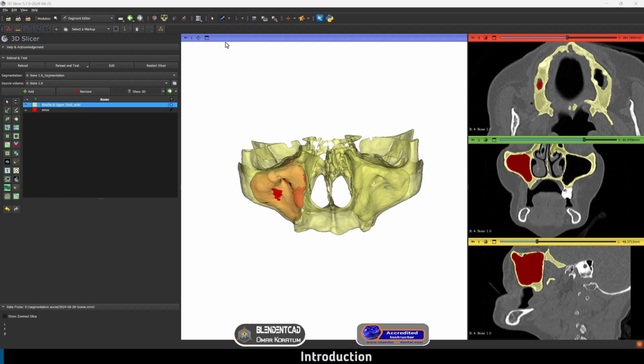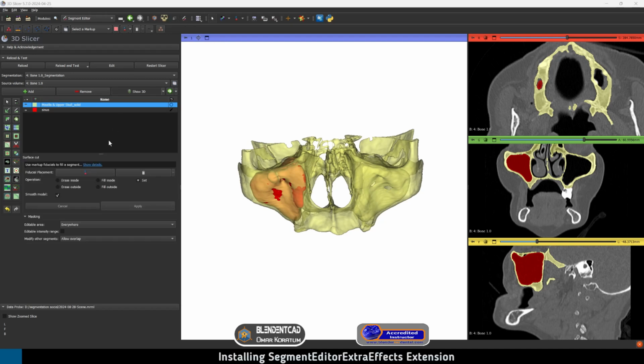Hello everyone. In this video I'm going to show you how to segment the maxillary sinus or any cavities in the jaw faster and easier by using two tools in Segmentation Editor in 3D Slicer. The main tool that we are going to use, which is called Surface Cut, is not available in default 3D